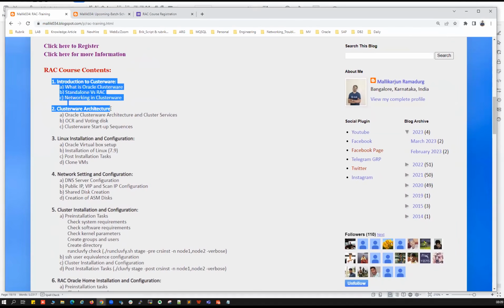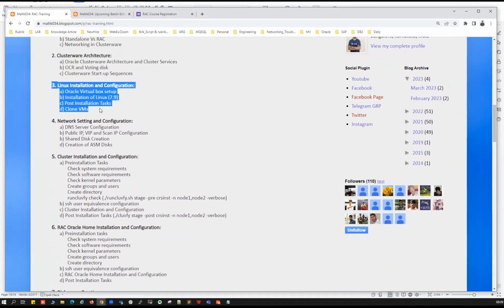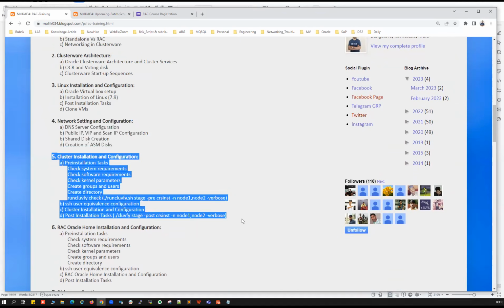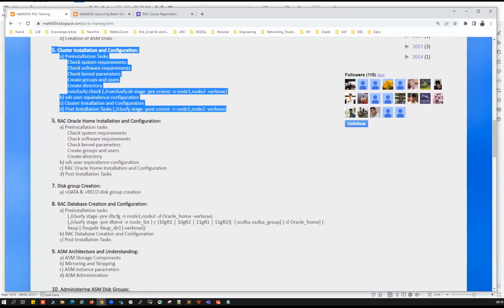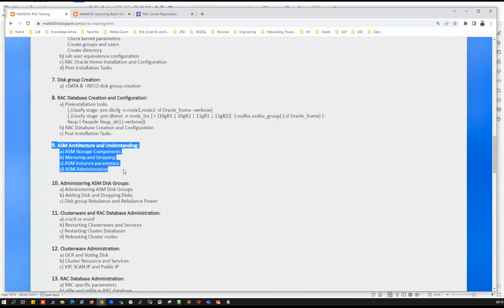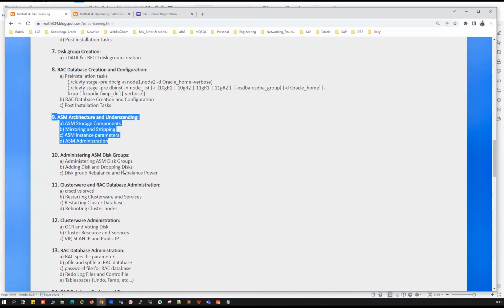So we'll start with the cluster-aware understanding, cluster-aware architecture, cluster-aware networking, and start with the Linux installation understanding and networking and the shared disk and different types of networking: SCAN, VIPs, public IPs, virtual IPs, followed by installation of my cluster, ASM, RAC, and RAC databases, and followed by understanding of ASM architecture and ASM administration, and